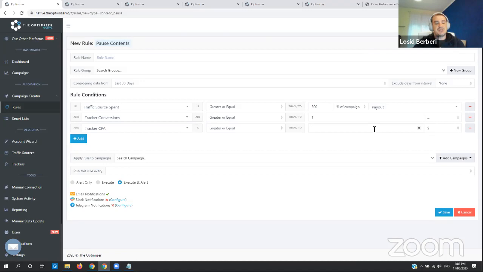So let's say if the cost per acquisition is greater or equal to $15, then block it,